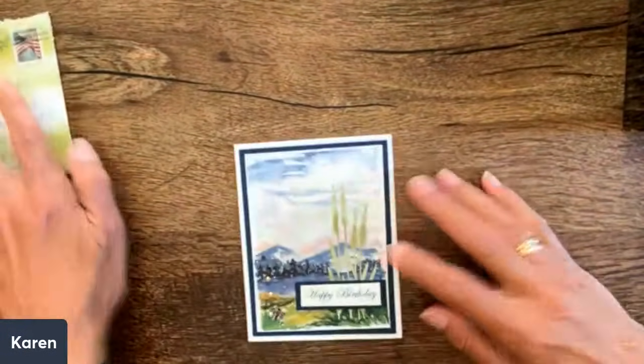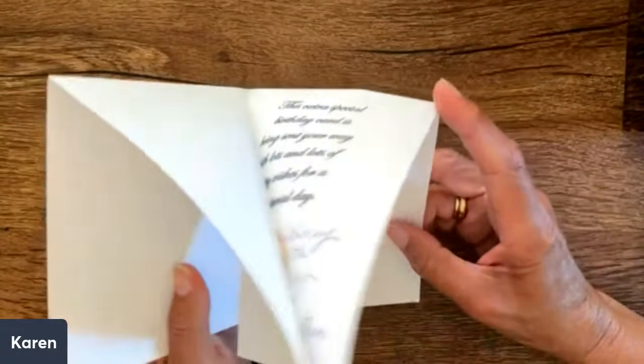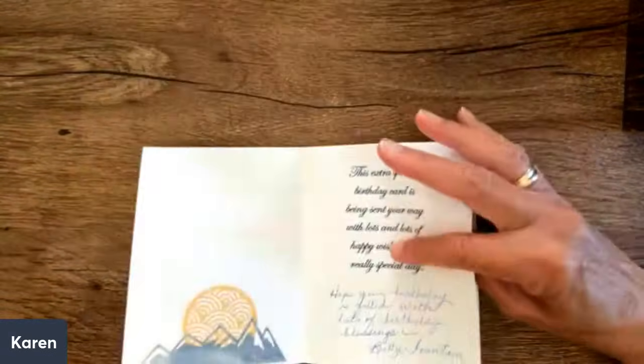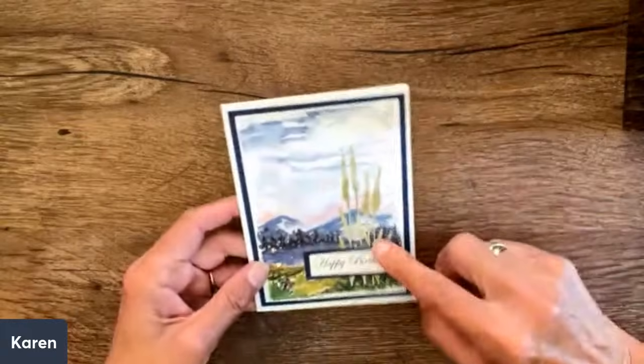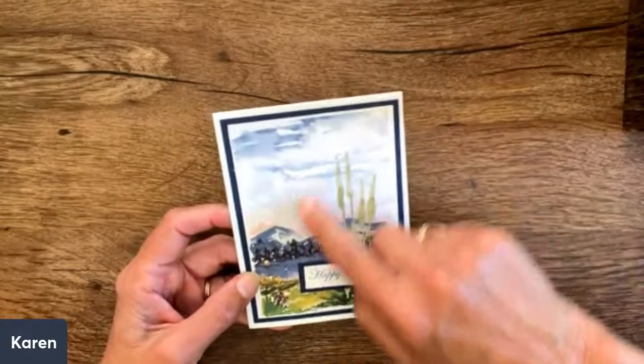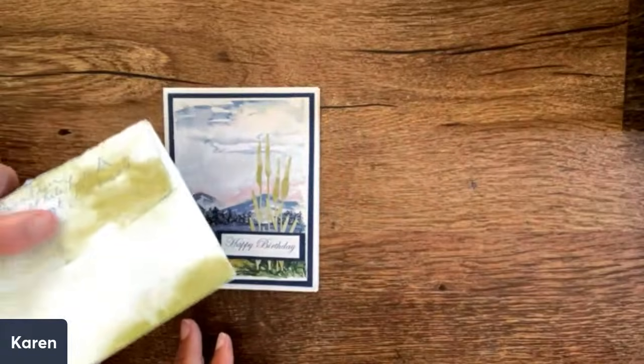Betty Fountain from Colorado. Ooh, this is beautiful. This was a paper pumpkin from a while ago. And notice how she's done a full sheet of cardstock here and folded like this. Isn't that cool? And I just love that with the scenery and the birthday. That is a stunning card. And she decorated the whole